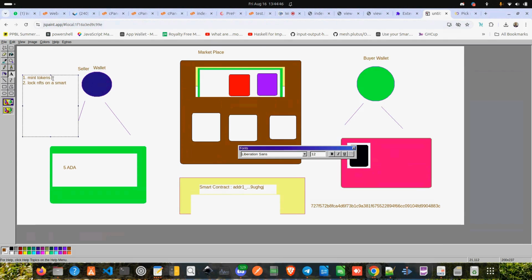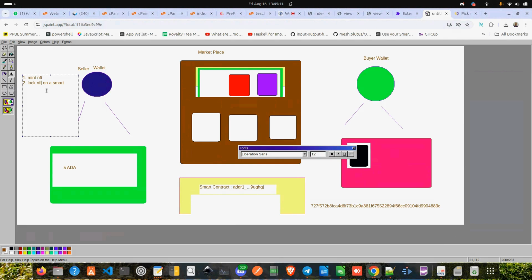You need to add some metadata. Mint, instead of saying tokens, NFTs or NFT, you mint that NFT. Here you lock that NFT onto a smart contract. Lock it. What does locking an NFT on a smart contract mean? It means